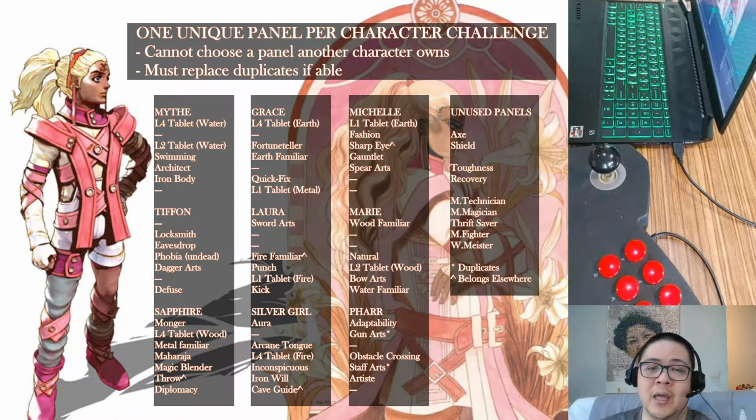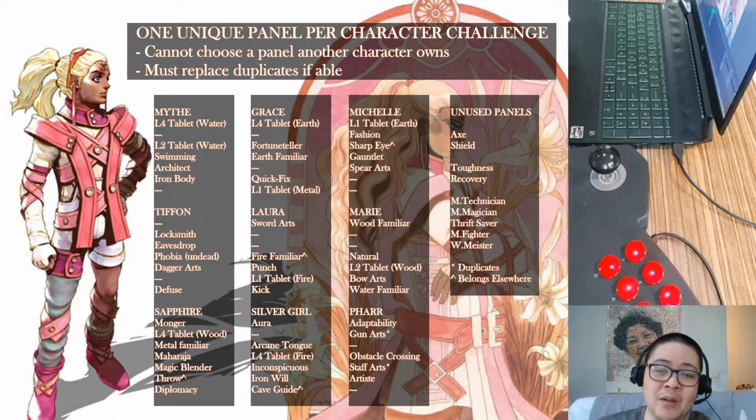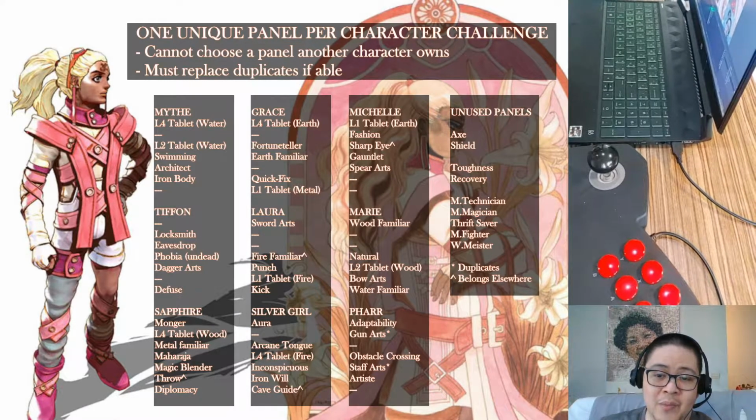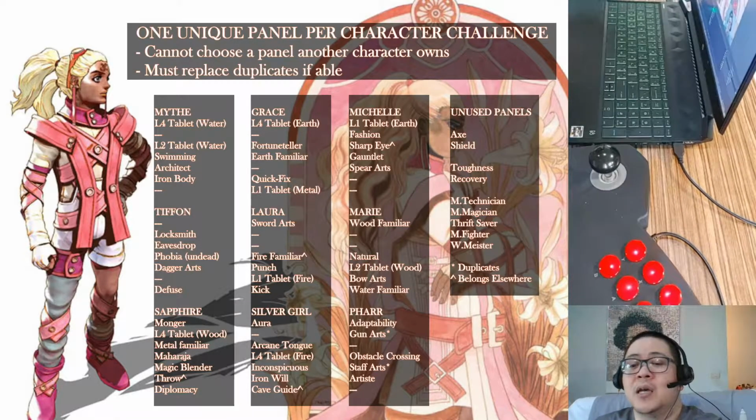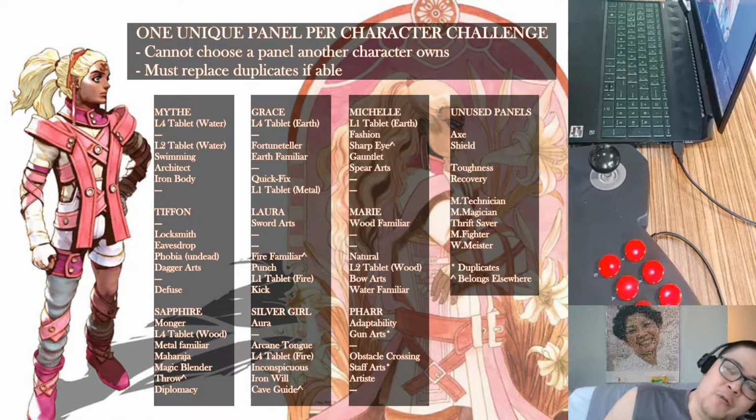That's fine. If you look on the third column here, you can see that Marie has Wood Familiar, Natural, Level 2 Tablet of Wood, Bow Arts, and Water Familiar. Far has Adaptability, Gun Arts, Obstacle Crossing, Stab Arts, and Artiste. So these panels are basically locked out of the game unless I want to just bring them back into the party. But I've already spent a better part of 2 episodes and 4 quests to